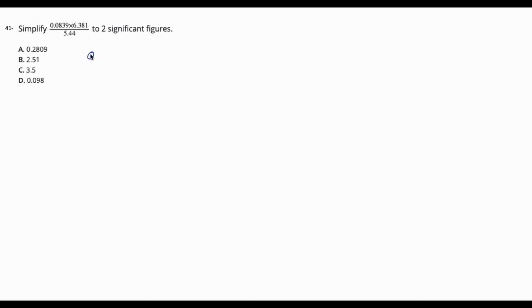So what we have here is 0.0839 multiplied by 6.381 divided by 5.44. And if you evaluate this using your calculator, you have 0.098413 as the answer. Now, when you are requested to show your answers in two significant figures, they are talking